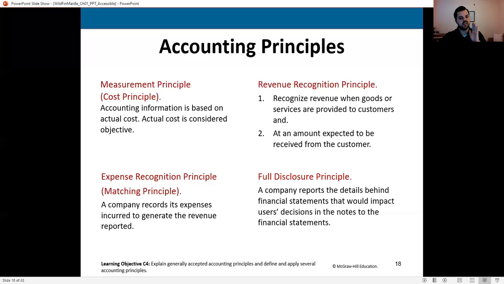Hundreds of pages of detailed notes telling us, well, what is included in the cash and other cash accounts line? What is in that, right? How did we get this number? What is in my accounts receivable line? How did we get that number? What assumptions did we use? What rules did we apply? All of that type of information will be found in the notes to the financial statements.